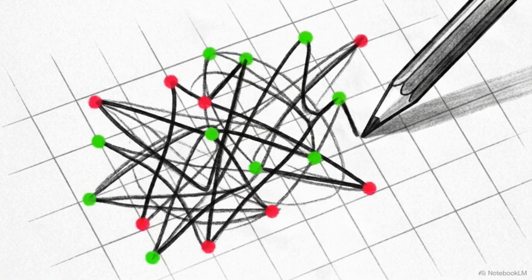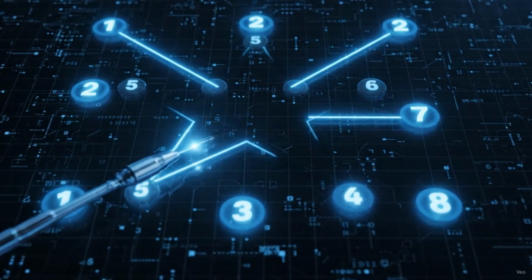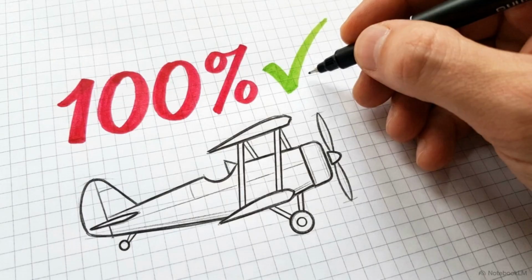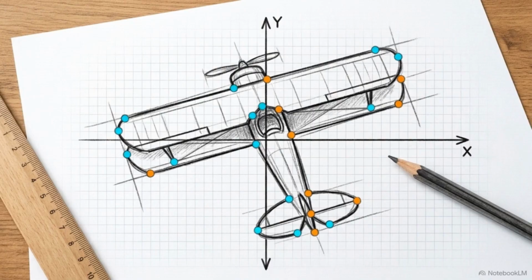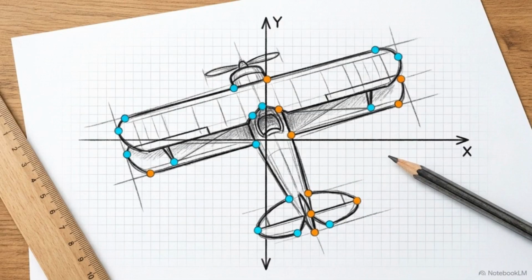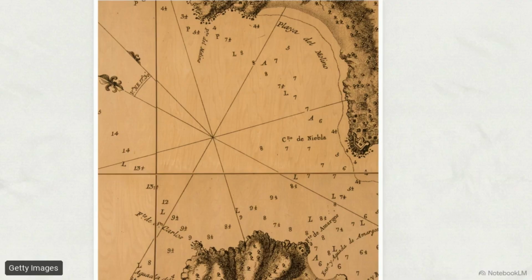If you skip a point or connect them out of order, you lose the intended form. If the aircraft looks correct, it confirms that your measurements were accurate. We started with a blank grid and a list of numbers, and we ended up with a technical drawing of a biplane. This same logic allows